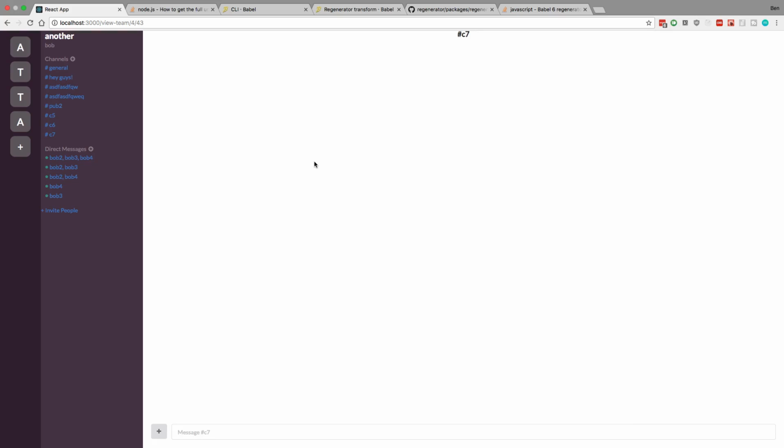Hey guys, I want to show you how to take an application like this where we have a Node.js server and a React client and we're using GraphQL and actually take this into production and deploy it so anyone can come and access it. Now we're going to be using Docker to do this,